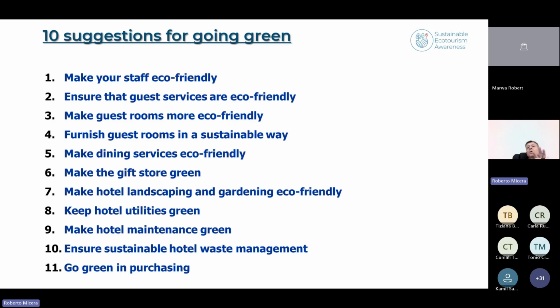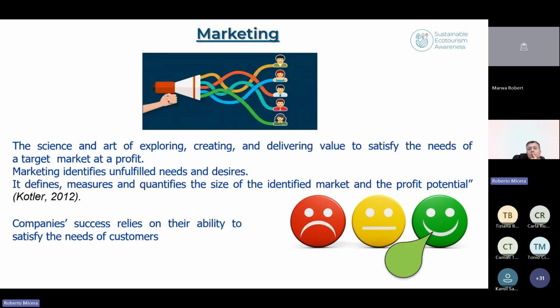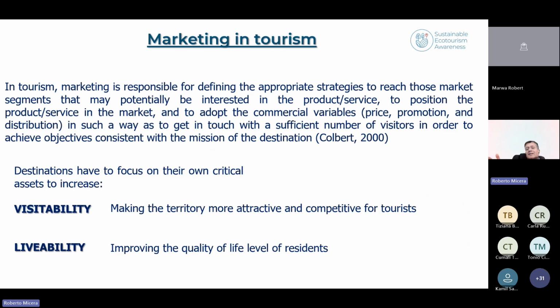So, if you want to focus on one function in particular of the hotel, we consider important also the concept of marketing and green marketing. Okay, I won't tell you what marketing is. It's simply the science and the art of exploring, creating, and delivering value to satisfy the needs of a target. The problem and the marketing in tourism